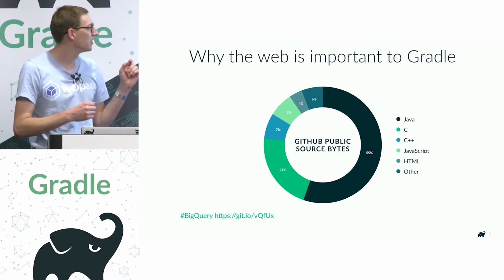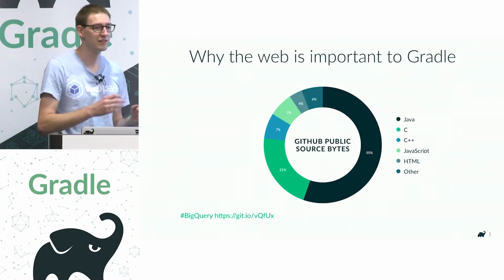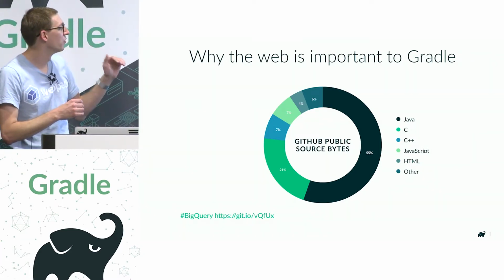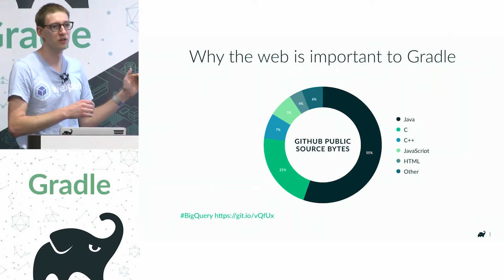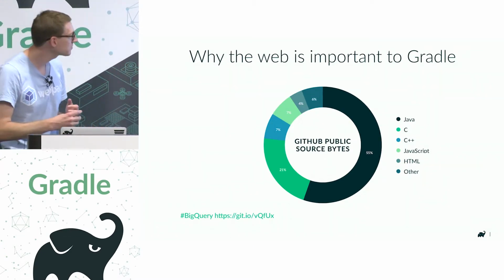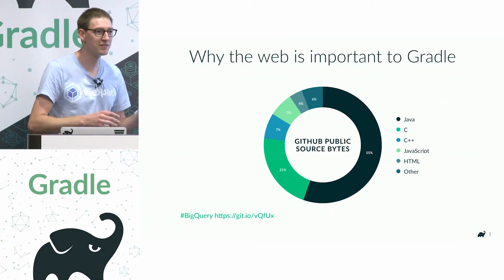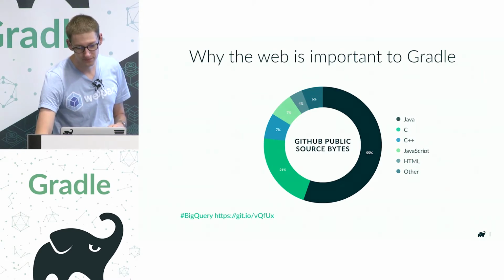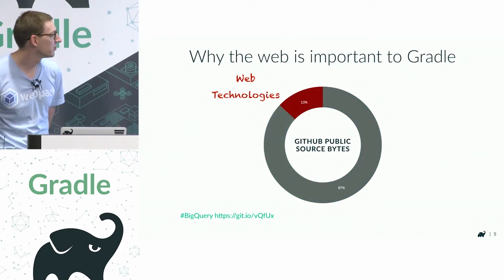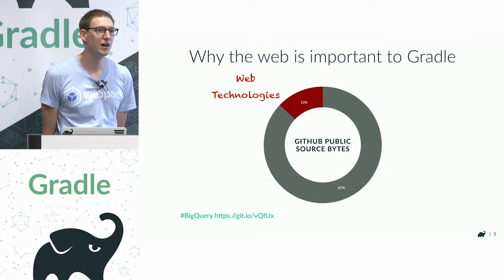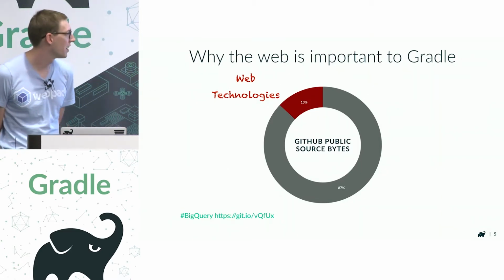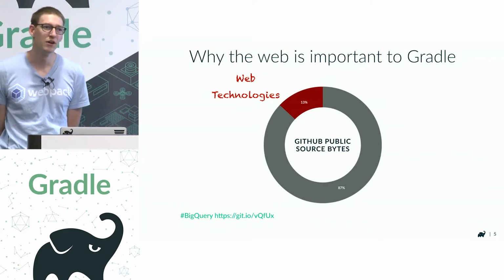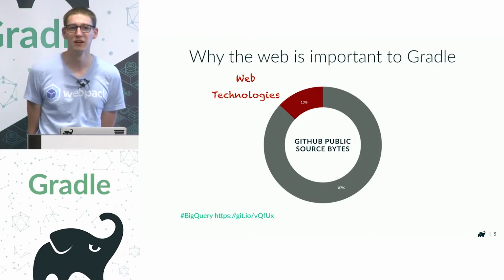I found that in terms of source bytes, that is the files that are not distributed, JavaScript is the fourth most built language. The fifth most built is HTML, and the sixth is CSS. And if you put all of these together, it takes up 13% of all of the sources built by Gradle, which are for web assets. I found this really surprising and it made me think we have some good justification for investing here